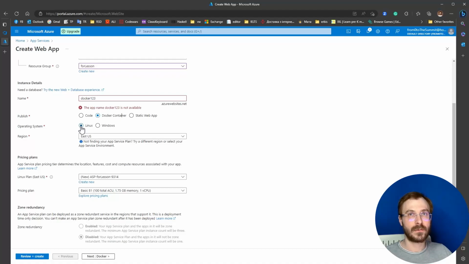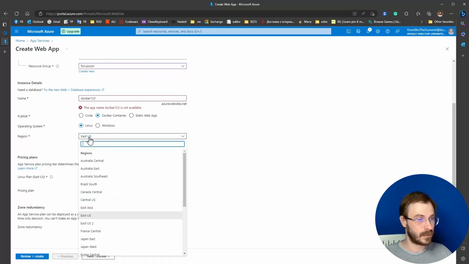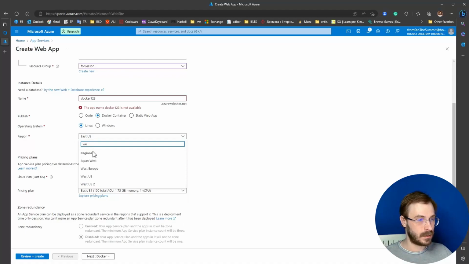Sometimes it's possible to use Windows, but Windows is available only for the most expensive pricing tier with Hyper-V, and it's not an option for most of the developers. Region,